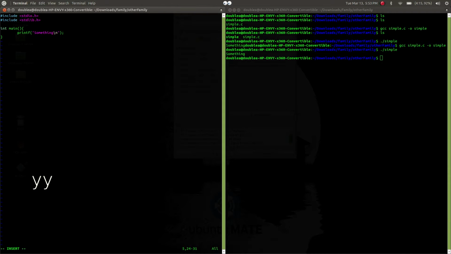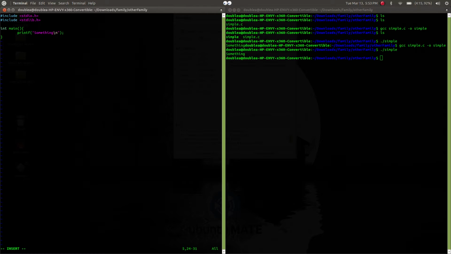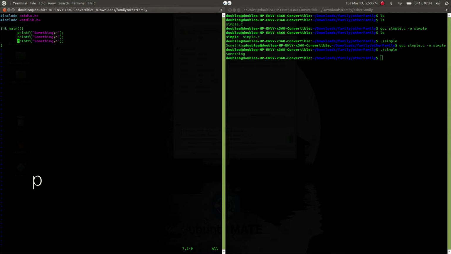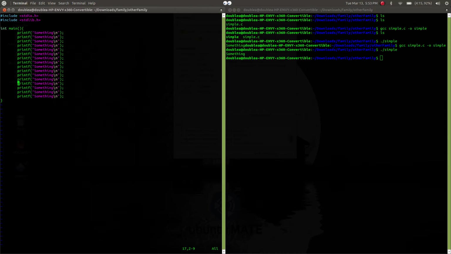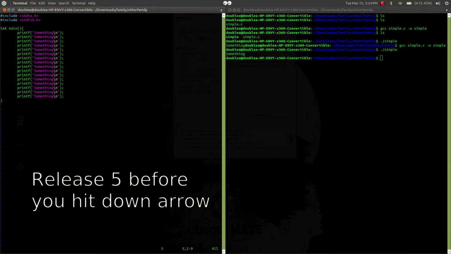So you go into command mode by hitting ESC, and you do YY. Now it's copied. And to paste it, you hit P. Now we have a bunch of them. Let's say, for example, your cursor is all the way over here, and you want to go 5 lines down. How you do that is hit the number 5, and then after that you hit the down arrow. It will take you